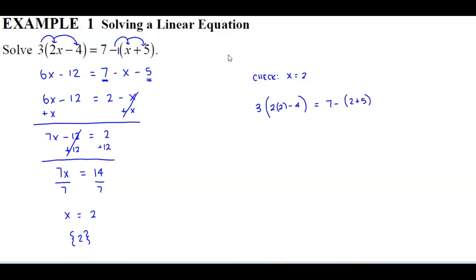We have 2 times 2 inside the parentheses. So 2 times 2 is 4. And 4 minus 4 is going to give us 0. So we're going to get 3 times 0 here. On the right side of the equation, we're going to get 7 minus, well, 2 plus 5 is going to give us 7. Now 3 times 0 is going to give us 0 on the left side. And 7 minus 7 is 0, which means that it checks. And therefore, our solution is correct with